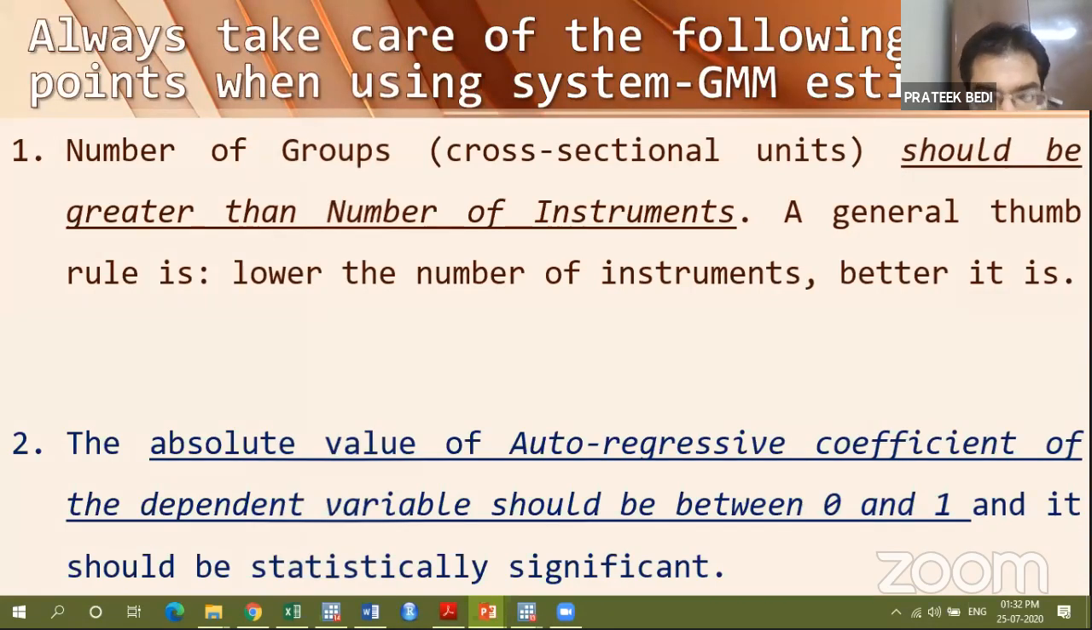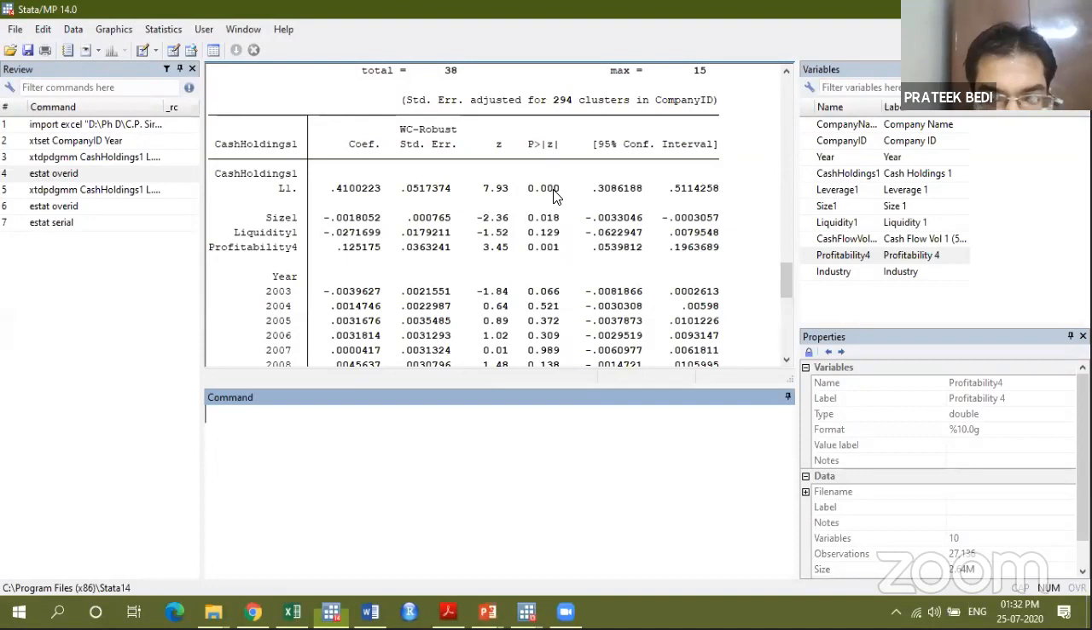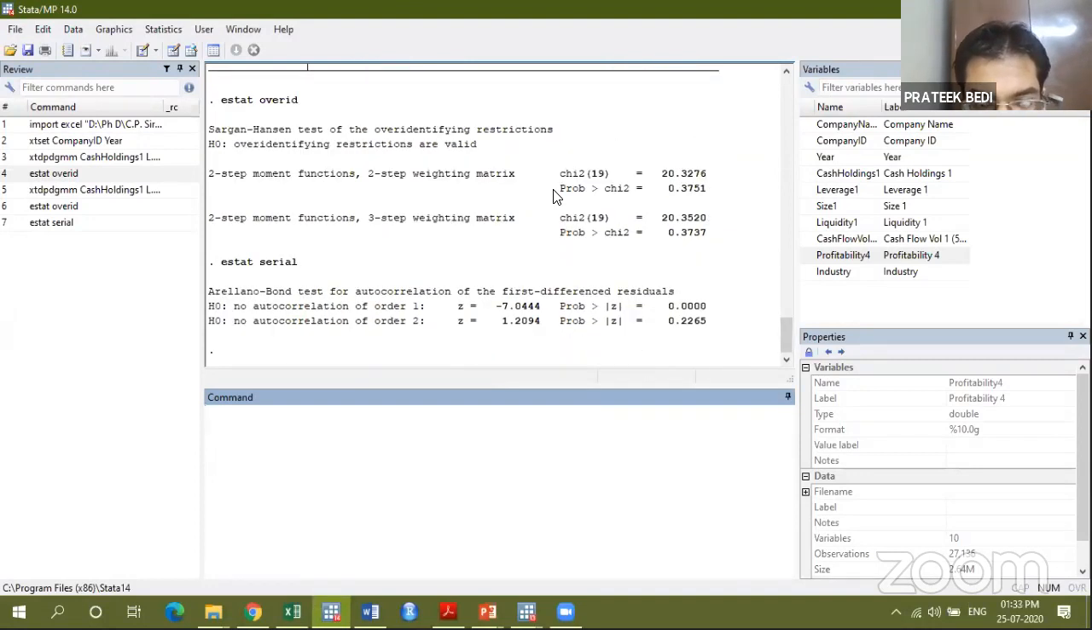Moving forward, the next thumb rule is that the p-value of AR1 coefficient should be significant and AR2 coefficient should be insignificant. Okay, and we just checked it by using this command called estat serial. There is no autocorrelation of order 1. This hypothesis is rejected, and this is what we want. We want the p-value of AR1 test to be significant, and it is significant in fact at 1%. Okay, the p-value is 0.0000, and then the next